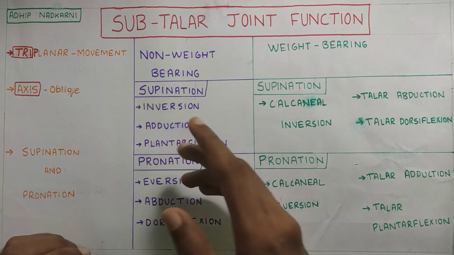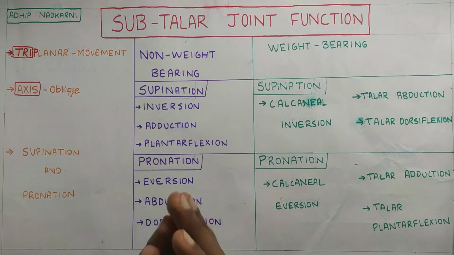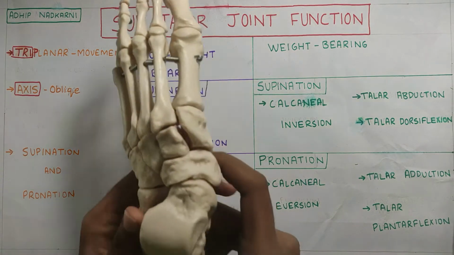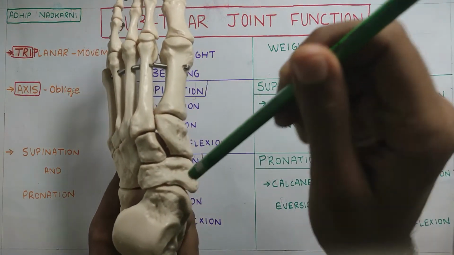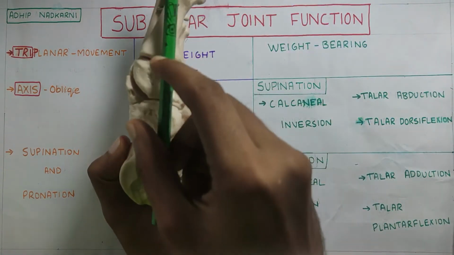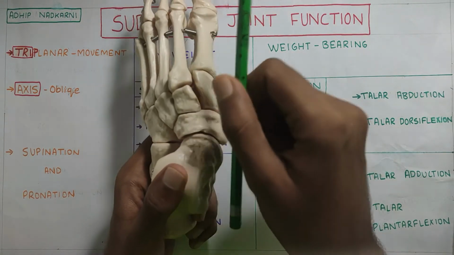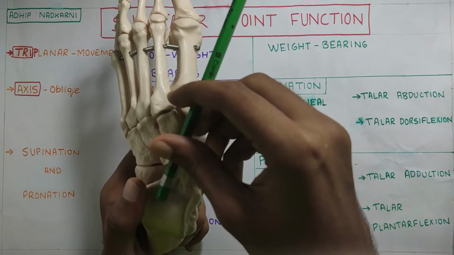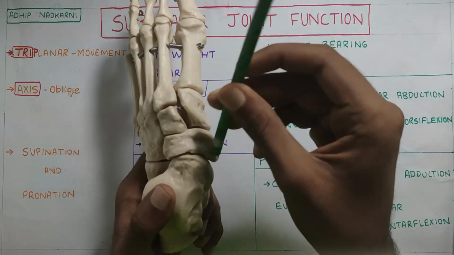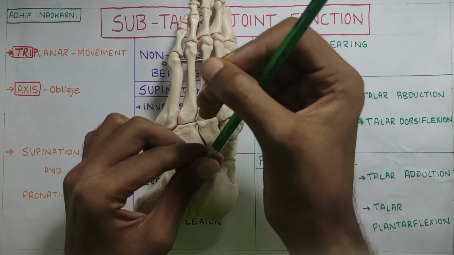Now this is a triplanar movement, that means it occurs in all three planes. And the axis for this is obviously very oblique, because this kind of movement cannot take place in an axis which cuts only one plane. So if you take the foot over here, the axis of the subtalar joint goes somewhat like this. This is the medial border. From the transverse plane, it is slightly inclined, and if you see from the top, it is slightly tilted medially. So the final axis is somewhat like this. If you see, the movement occurs around this axis like this.